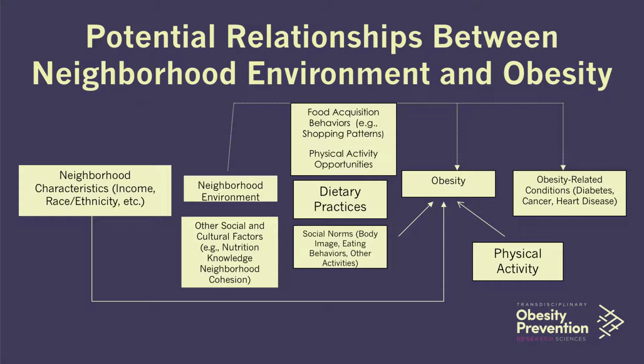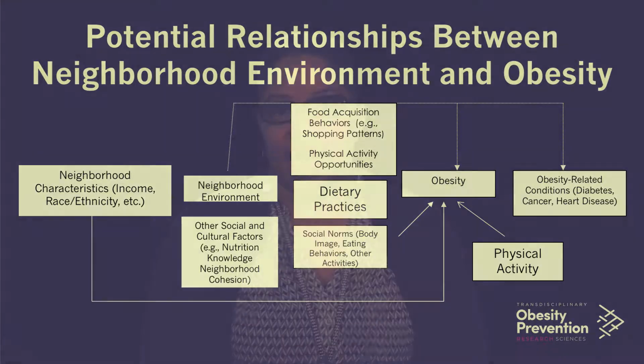We've heard a lot about what resources are available in neighborhoods and how those can influence disease risk. We know that there's other types of cultural and physical factors within the neighborhood, what people know, social norms within the neighborhood. All of those factors contribute to what we think of as energy balance. So we know that there's diet on one side and there's physical activity on the other side. What you take in is really balanced against what you put out. And we know that many opportunities are shaped by the neighborhood context.